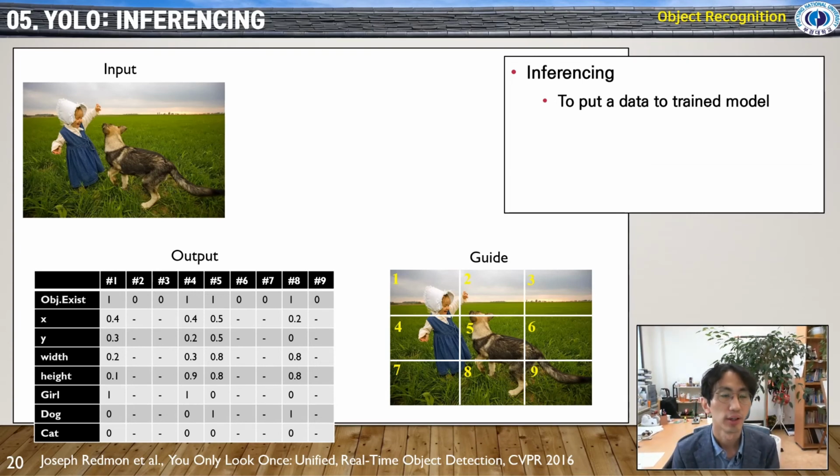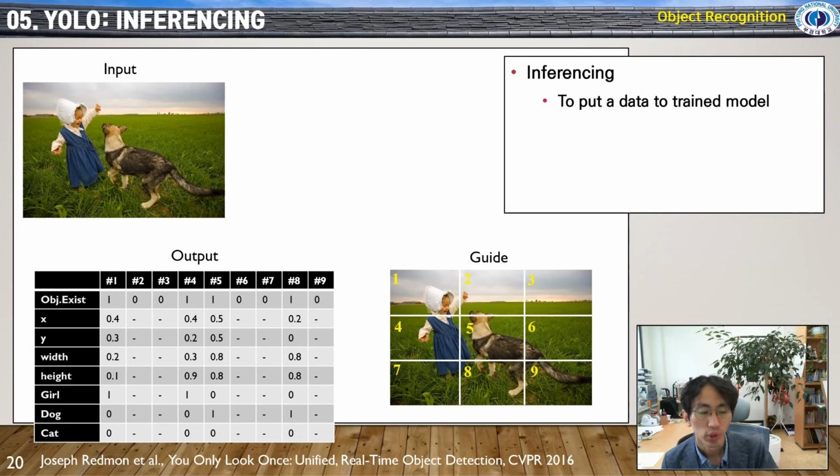This is the inferencing. Inferencing is to put one data into the trained model. Okay, there is one input data, and we want to put this data into a model, and we may get this output. This is going to be different from the target, but it still has important information. So this is the output. And what we have to do now is to